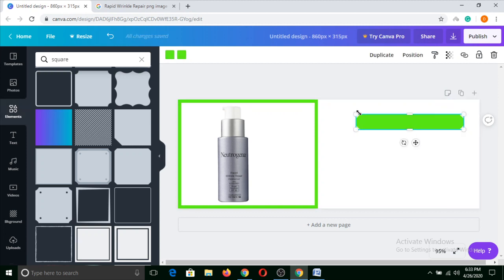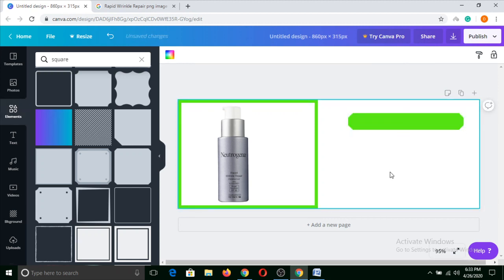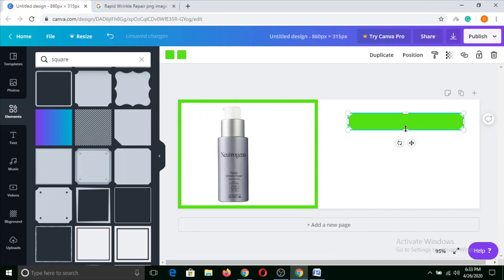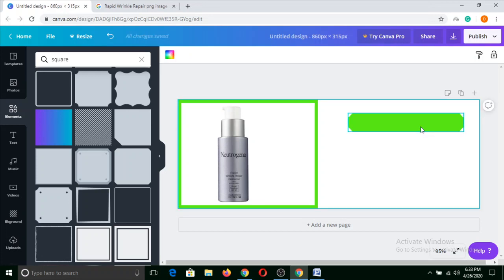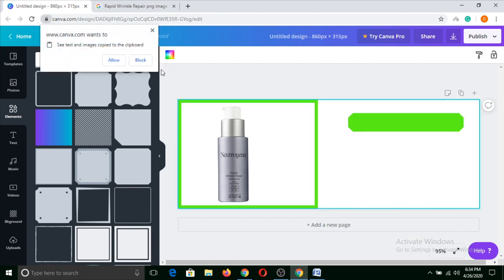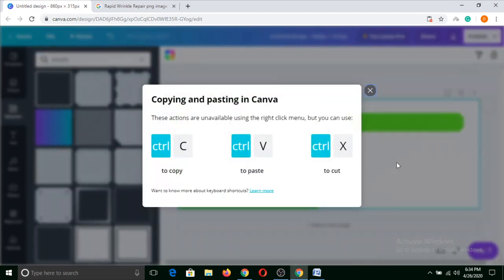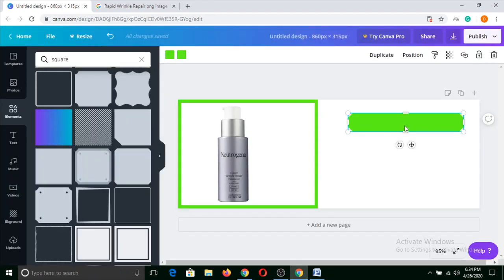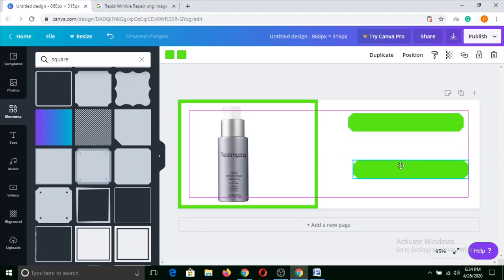Now it also seems green. Now you can simply copy it and paste it. So you can do Ctrl C and then Ctrl V, then it would be copied and pasted.